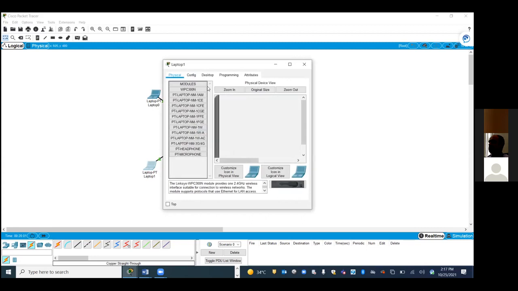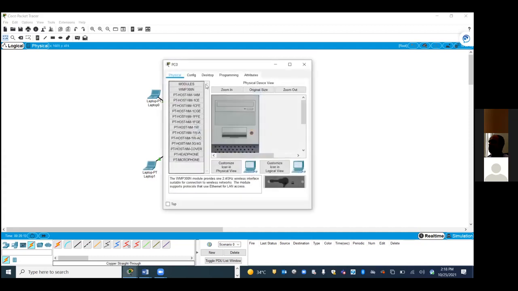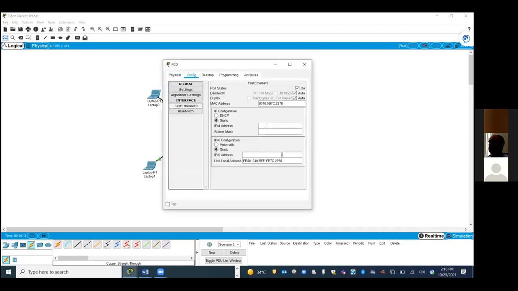Go to the next laptop, 172.16.0.3. Then 172.16.0.4.